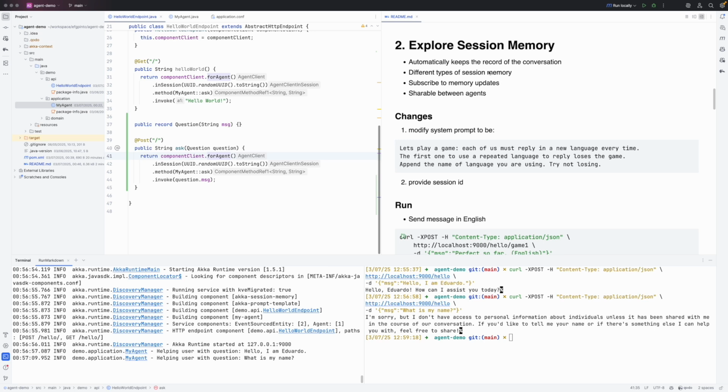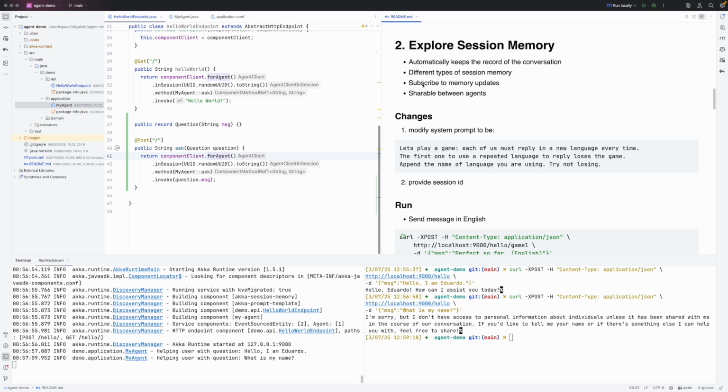There are several types of session memory configurations available to suit different use cases. For example, a limited window memory only retains the most recent messages, which helps control resource usage or token limits. Alternatively, memory can also be configured as read-only or write-only, or even disabled entirely for certain agents. You can also implement a custom memory provider. Also, this interesting feature about subscribing to memory updates proves useful for building analytics, monitoring tools, or triggering additional workflows